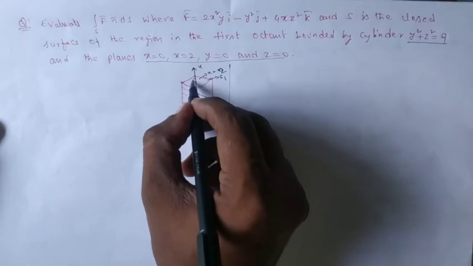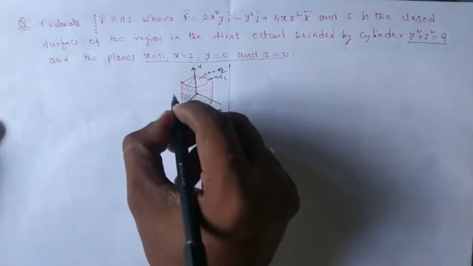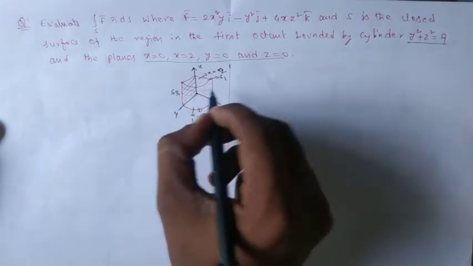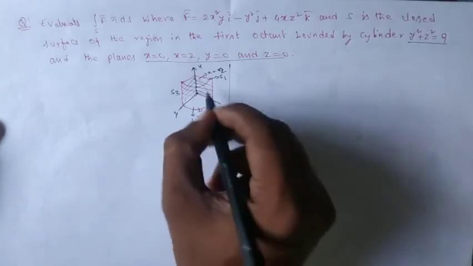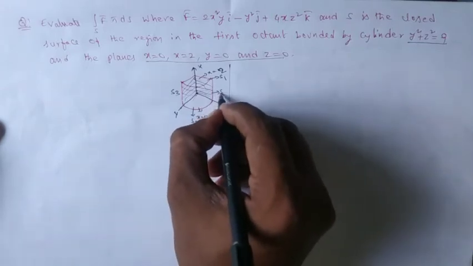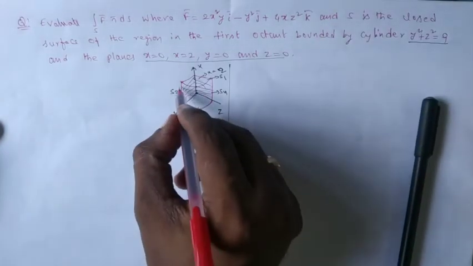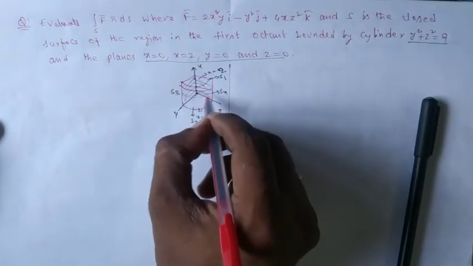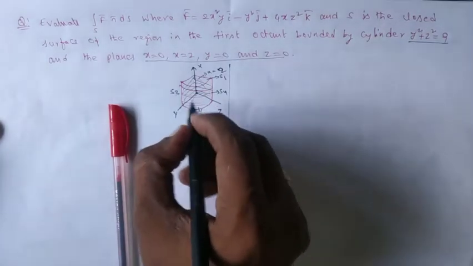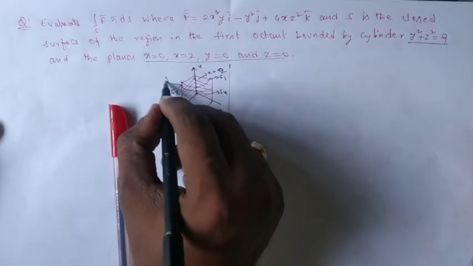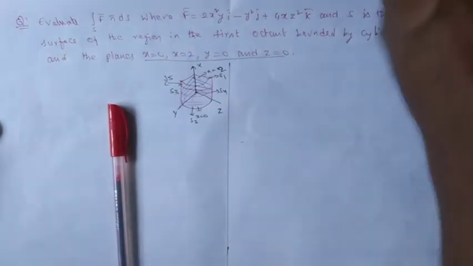And once we observe this rectangle region on the xy plane, I am taking it as S3. In the same manner, this rectangle region on the xz plane, I am taking it as S4. And finally you can have this curvy region. See that this is a portion we can have, so that may be taken as S5. S5 is nothing but our surface y squared plus z squared equal to 9, that portion of y squared plus z squared equal to 9.